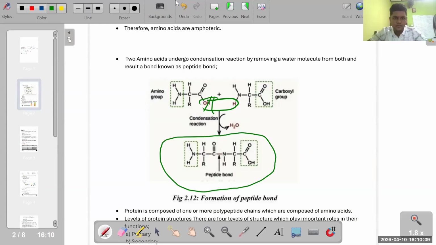How many amino acids are present? Guys, how many amino acids are present here? Just give it a try. If it is wrong, no issue. This is the first time you're coming across this, right? Just express your idea. As bio students, when we look at this structure, the circled part, how many amino acids are present?